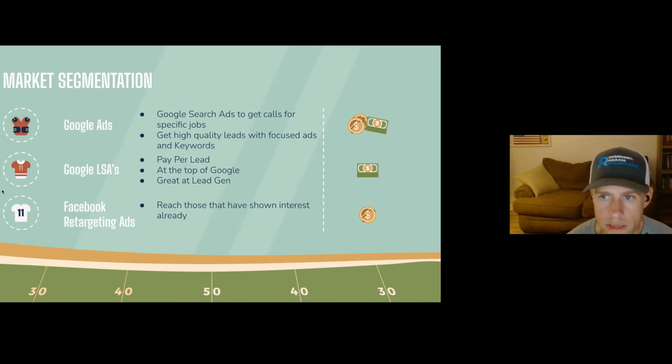And so I use these pictures here to show you the cost of each of these. You can raise all of these as much as you want, but typically you want to have the bulk of the budget going towards the Google and local service ads. It really depends on which one is performing the best for you at the time as to which one you put more money towards. But the Facebook retargeting ads is a very small amount.